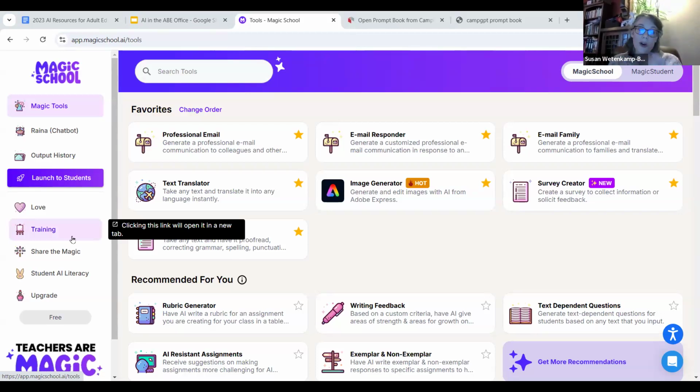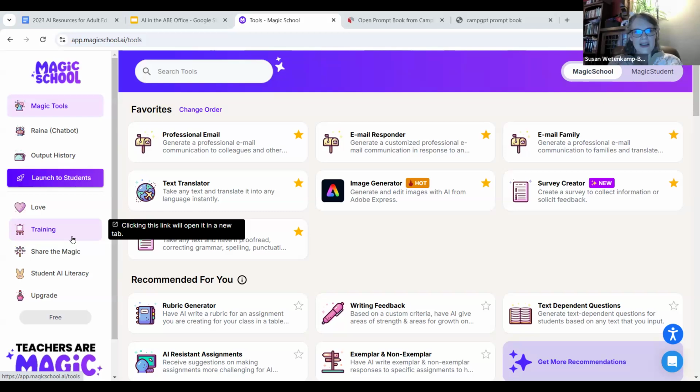I was just thinking about, we're here in the teacher's interface, but there's also a student interface, and you can launch activities directly to students. So tools like this can also be a really powerful tool for our students to learn how to use, because writing professional emails is more challenging in your second language than it is in your first, right? So if we're working with folks who need to do that sort of thing, a tool like this could help them draft emails and things like that in a way that we can't provide that support all the time, right? But the tool is there anytime they might want to use it.